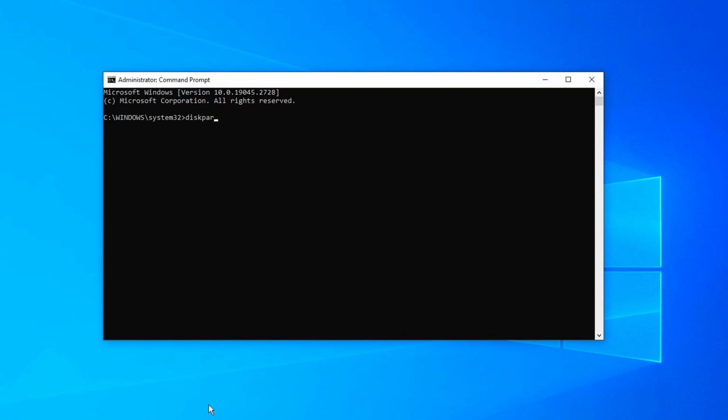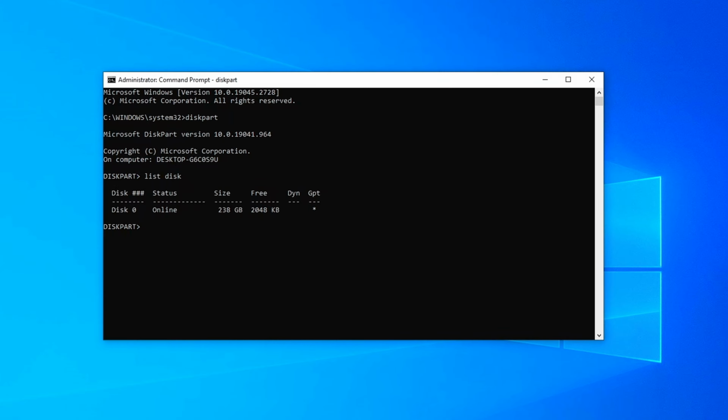Okay, from here you have to search for your disk part, and it's going to load up this and show you this. And the next thing you have to input is list disk. And once you do that, it's going to show you here. So this is currently my drive C. I have only one, so you have to make sure you are using the disk